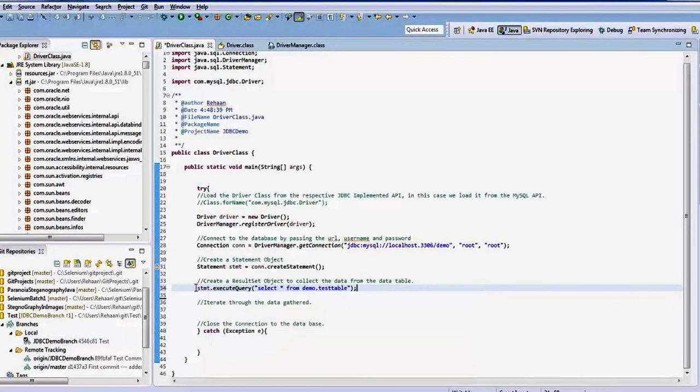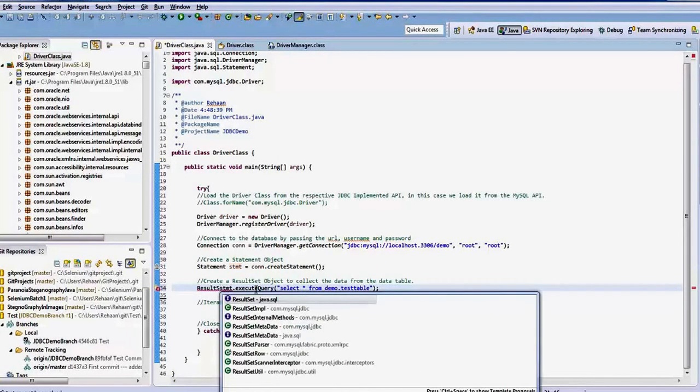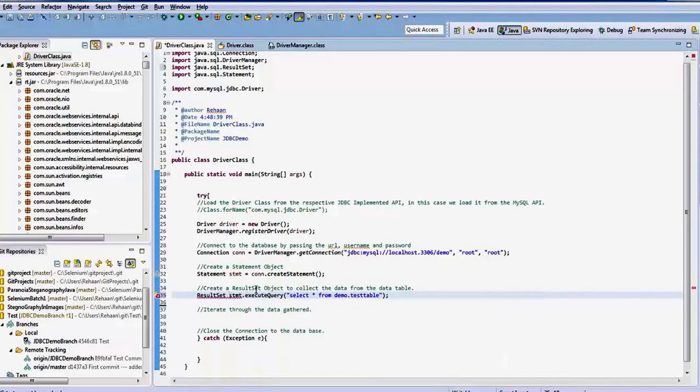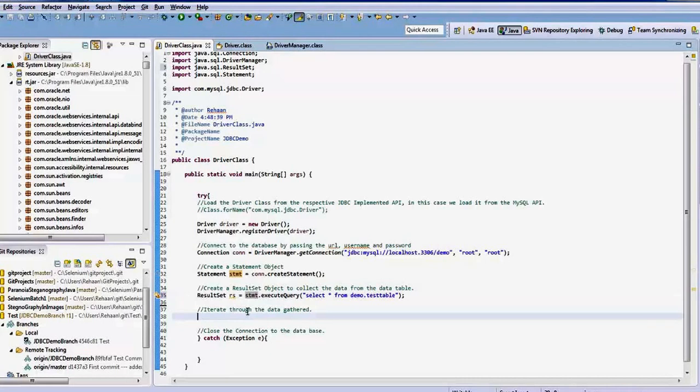Okay. So I have to take it inside the result set, and I'll call it as RS. Once we have the result set, which means that it contains all the information, all the items that it has fetched from this table, I will have a while loop to iterate through this. So I can use the next method,